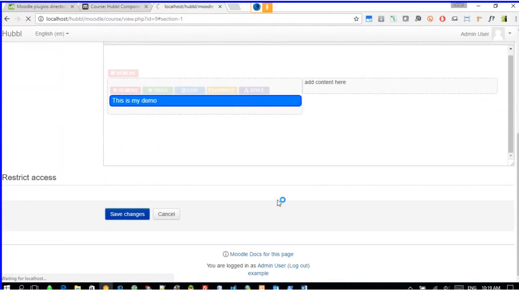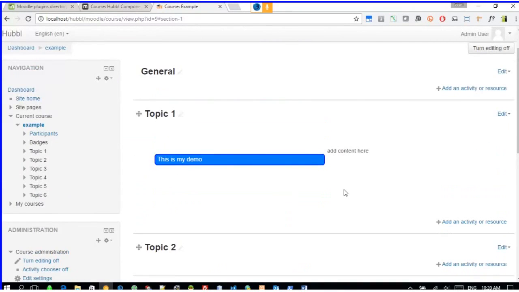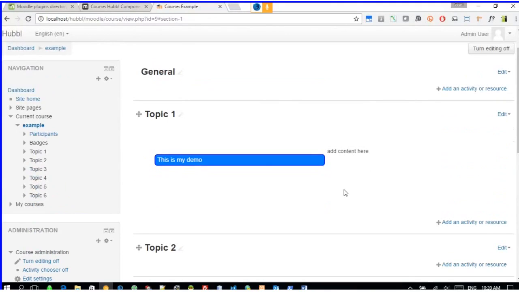So let's just save and see what this looks like. Okay, and there we go, a nice little slide. Scroll out of view, come back, and the slide happens again. So what's really happening there is that we have a viewport, and the viewport is that visible viewing area on your screen. If you scroll out of view and come back, the animation will replay. So that's just very quickly looking at